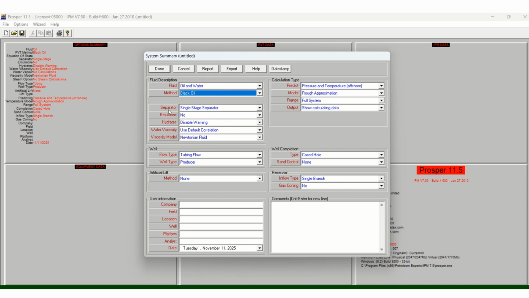Now the next item here is our separator. What type of separator do we choose? Is it the single-stage separator or the two-stage separator? For the single-stage separator, you use it when you have only one separator condition. That is where you have just one pressure condition, temperature condition, or GOR condition. Then you go for your two-stage separator